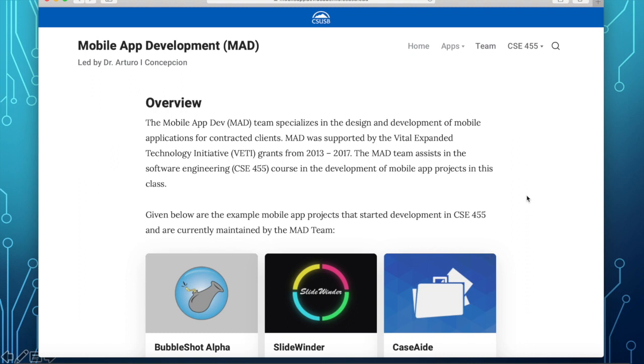We also developed Tour CSUSB, which is a virtual tour of the campus, and